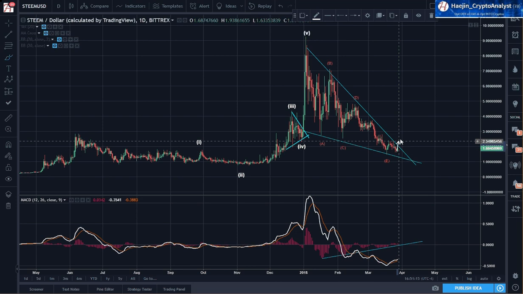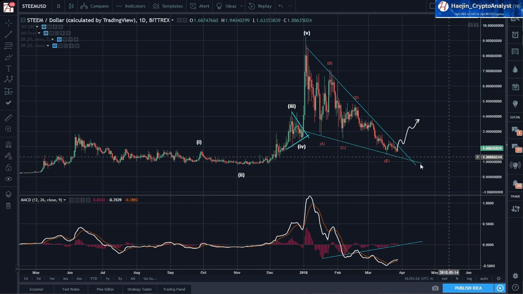So the impulse could look like something like this. The first sign of a reversal will be an impulse, and then it'll probably do an ABC correction, and then a second wave of an impulse will be most ideal. That's really what I look for on a trend reversal. So keep an eye on this.